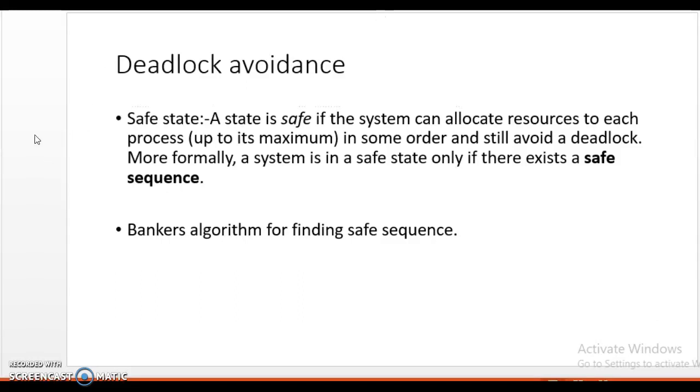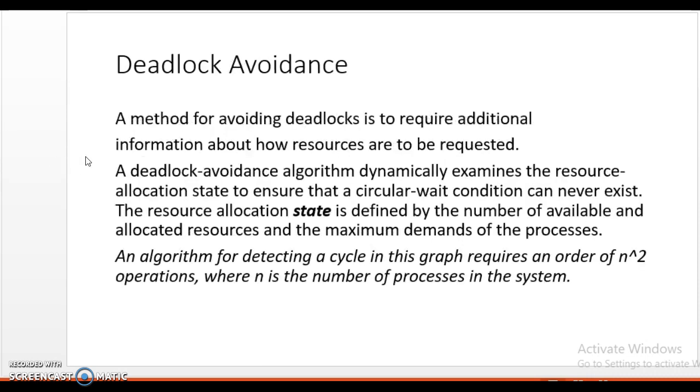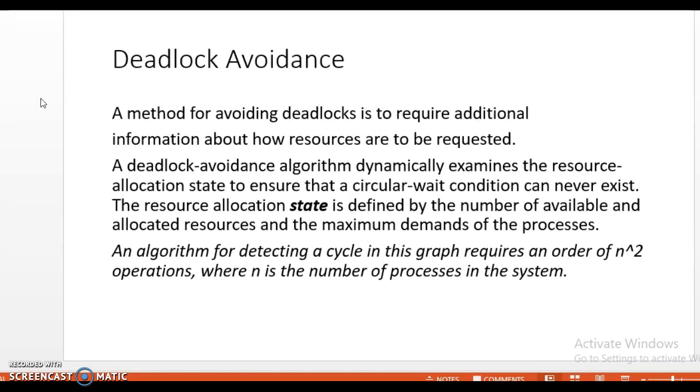Hello friends, so we have come to the point of deadlock avoidance. The first thing is, what is deadlock avoidance? Deadlock avoidance is nothing but a method for avoiding deadlock. As the name suggests, avoidance means something has to be avoided, and what has to be avoided? Yes, deadlock. What is different in avoiding deadlock compared to preventing deadlock is